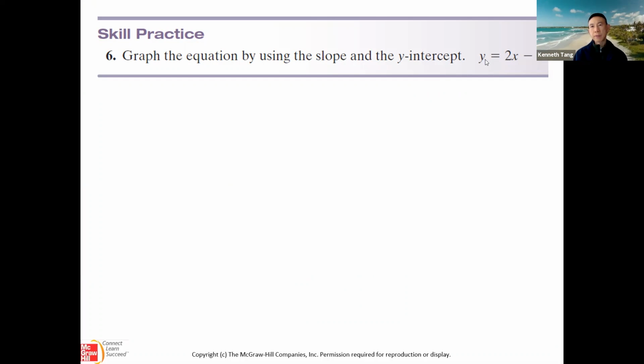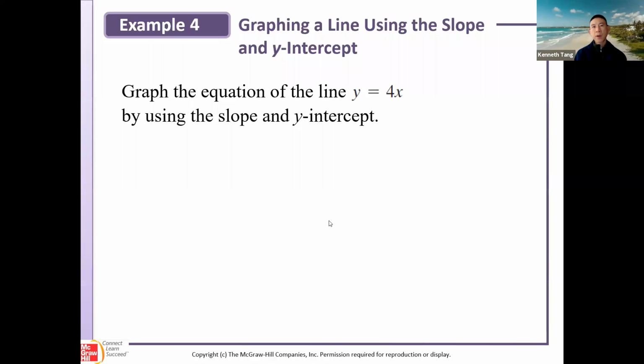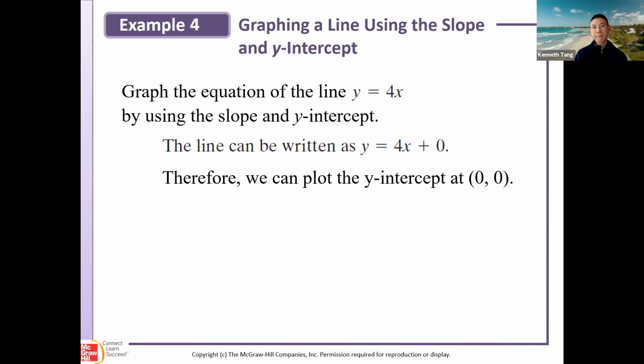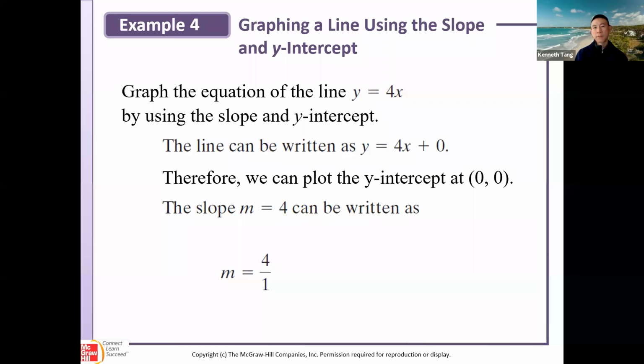Again, you have this y-intercept form. Find out what the slope is, find out what the y-intercept is, and then you're just going to graph them. So graph the equation of the line y = 4x using the slope and the y-intercept. The line can be written as y = 4x + 0, and therefore you can plot the y-intercept at (0, 0). Your slope is equal to 4, and you can rewrite that slope as